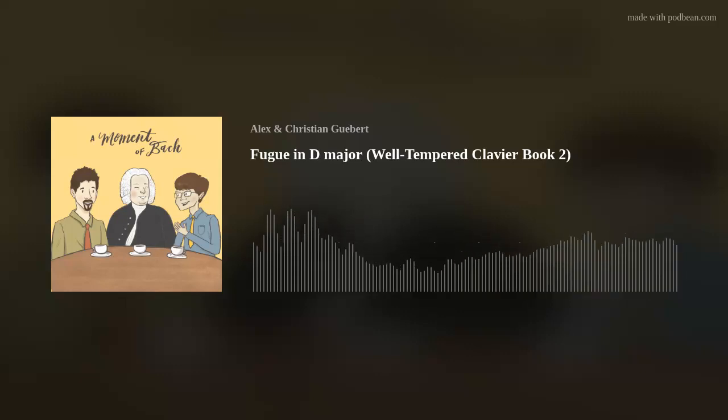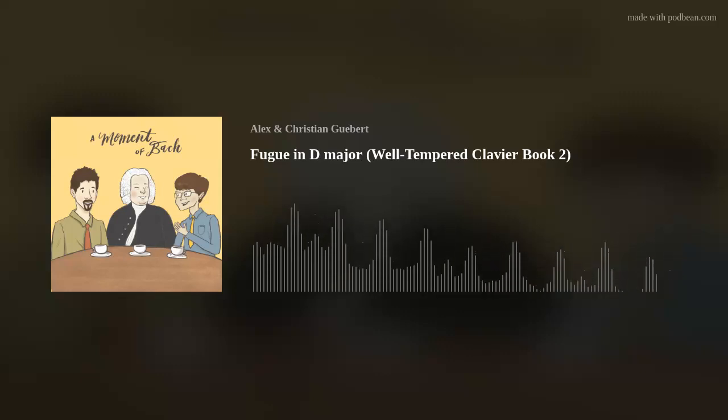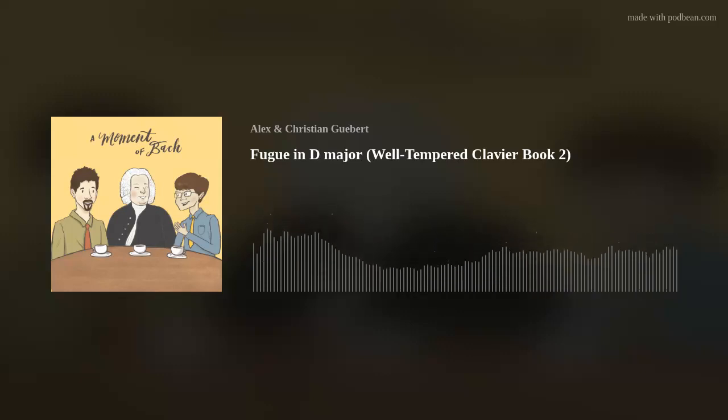Mm-hmm. You'd think the subject should be A, D, F sharp, and then it'll go on. And then we'd have maybe an answer start on E. Right, but the reason it doesn't is because Bach knows if you lay out a fugue subject that's two bars long, the first bar feels like the tonic, the second bar feels like the dominant. That's a recipe for disaster, because now your answer, which is supposed to completely feel like the dominant, is not going to work because we already felt that in the second bar of the subject. Yeah, he's one step ahead of us here, because he's starting us from the other side.